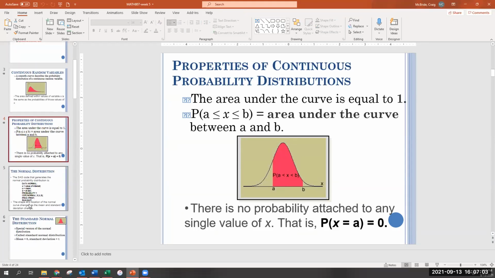Dr. McBride. Yes, sir. I just have a quick question about the curve. If you have any skewness one way or the other, are we supposed to do something with that? Can we use it that way? Great question. So,